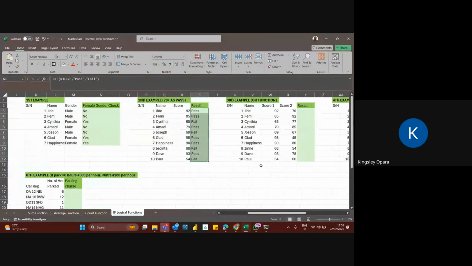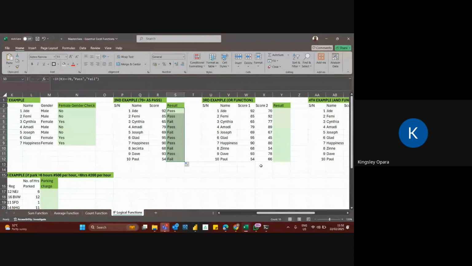Okay, so we're going to be moving straight to the OR function. Now, this OR function is very, very simple as well. We've talked about IF, now we'll talk about OR on its own, and then we'll go over to AND. And then later on, we'll see how we can merge IF, OR, and AND together. That will be at the end of the whole thing.